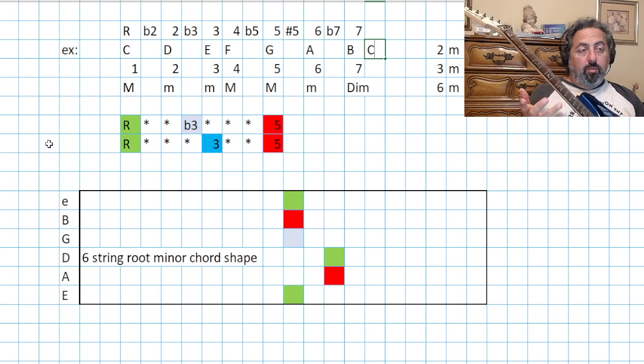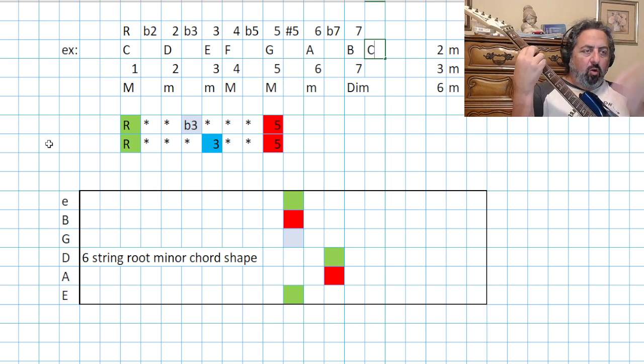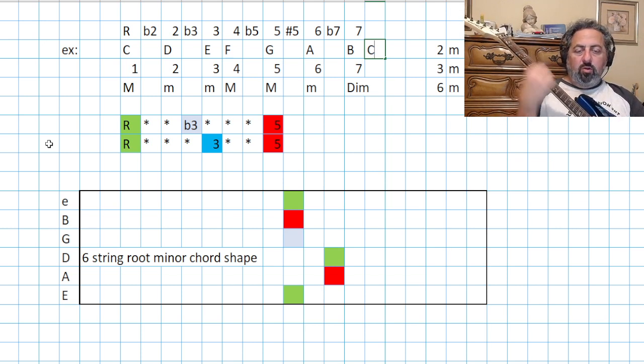Cool to know those, but technically I don't think those are that useful. I know that those are there. What I really think is this. I would start with this chord shape right here